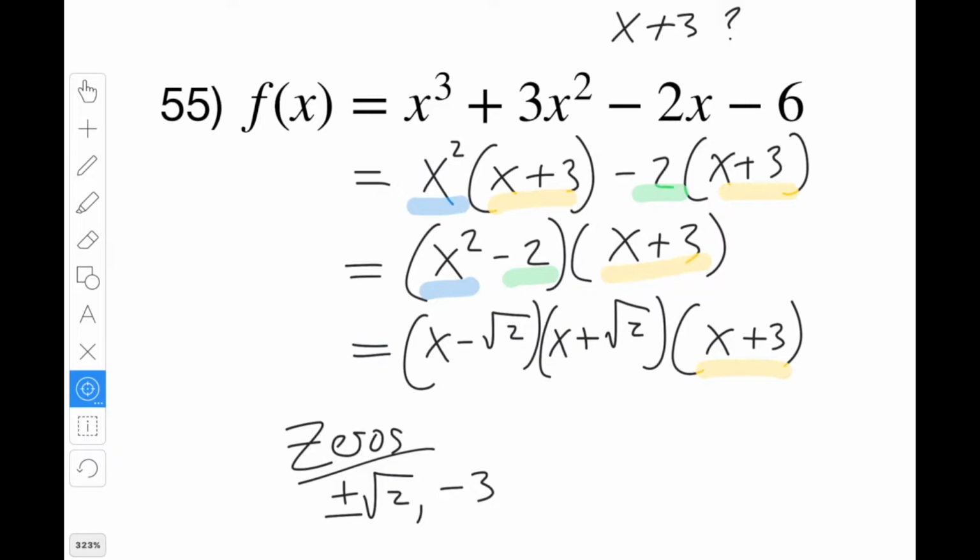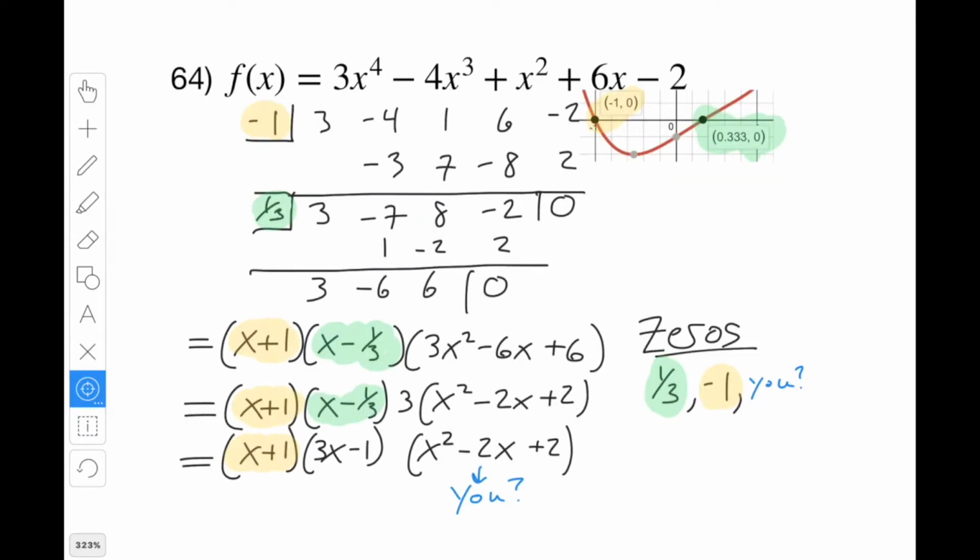X plus 3. Taking the coefficients of both of these terms and grouping them into 1, you get x squared minus 2. So it becomes a squared minus b squared, a minus b times a plus b, and the x plus 3 comes down also. I'm left with 3 zeros, plus or minus the square root of 2, and negative 3. Here is the original polynomial. I'm going to graph it, and although I'm expecting 4 zeros, 1, 2, 3, 4,